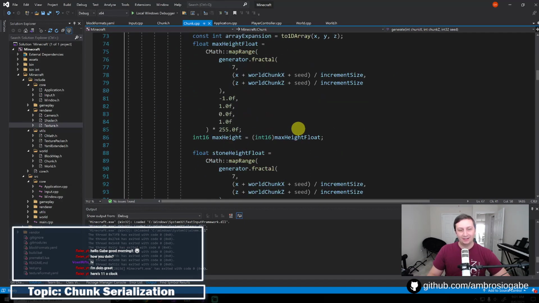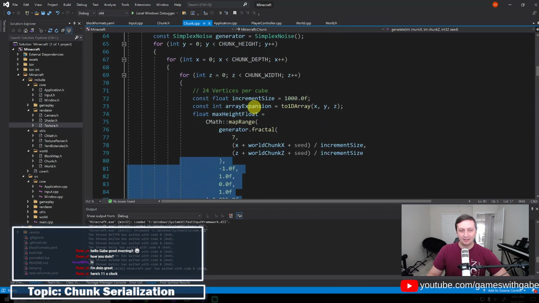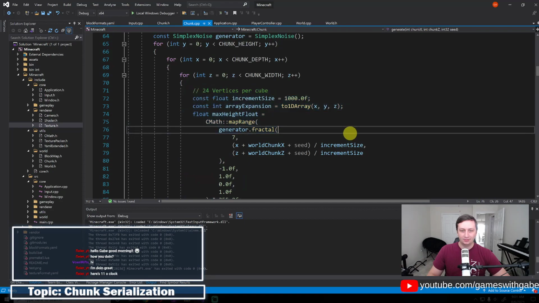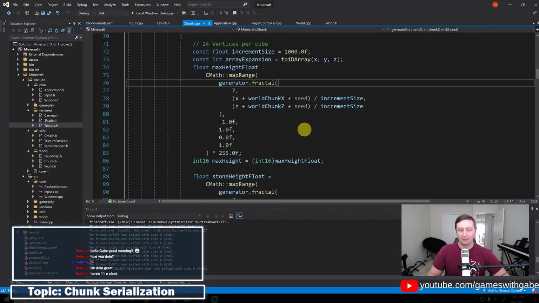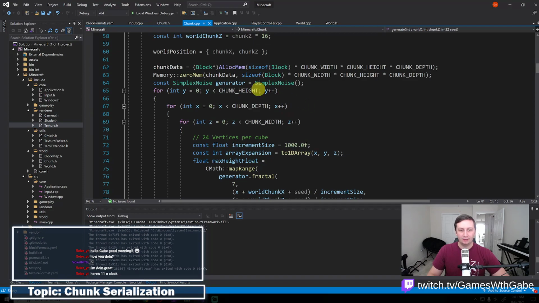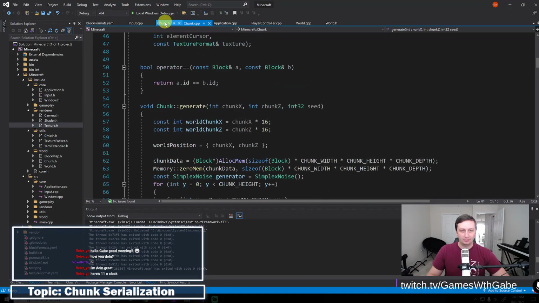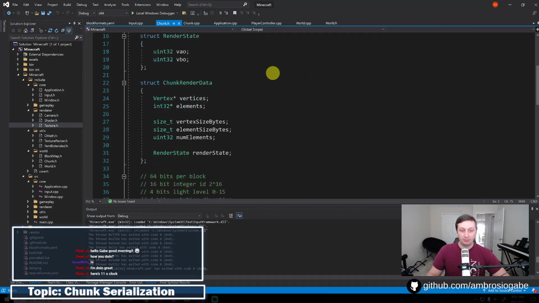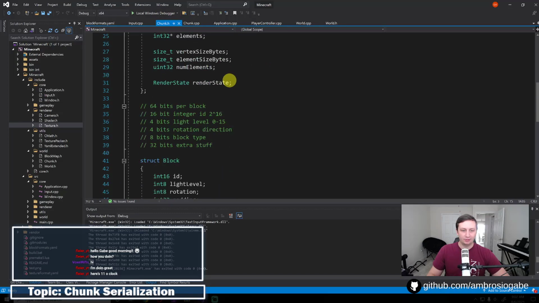So yeah, basically we just want to get this to be loaded from disk instead of having to generate it every time. And then that will also set the path for when we actually are able to change chunks and everything and get all that stuff going. So what I plan on doing is just dumping the binary data of the chunks directly to a file, which should be pretty easy, because if we look at what the chunk is,